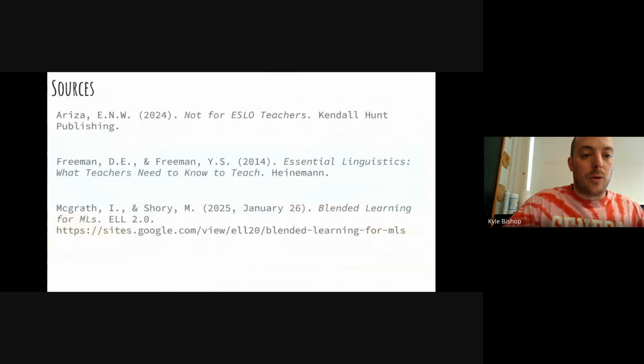And then, of course, I have the sources here, 2 from our class texts, Reason, Freeman, and Freeman. And then a great resource online is McGrath and Shorey. Very up-to-date website, constantly adding things to help teachers better represent their multilingual learners. If you haven't heard of them or checked this out before, I highly recommend it. It might even be something good to show some of your future